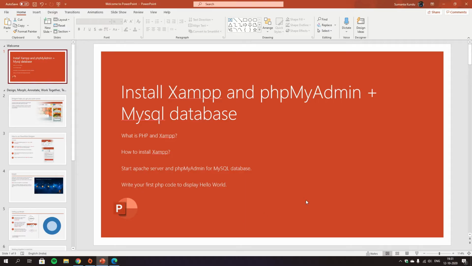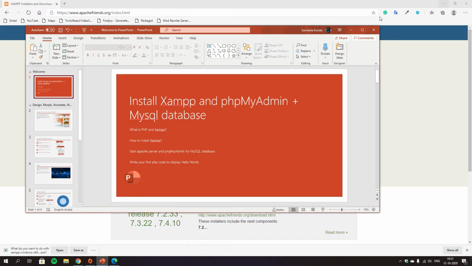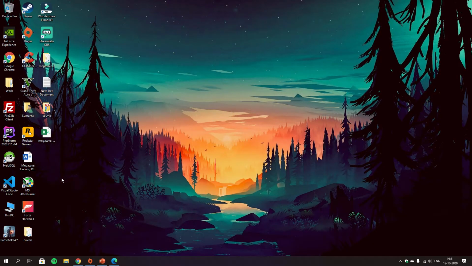Now our third point is start the Apache server and PHP for MySQL database. You can do it this way. When we finish the XAMPP installation, you can search for the XAMPP control panel.